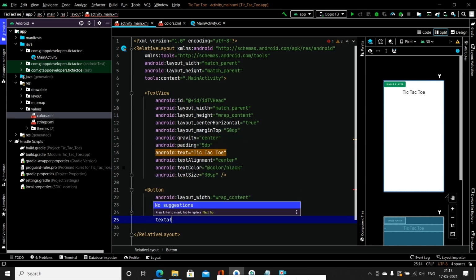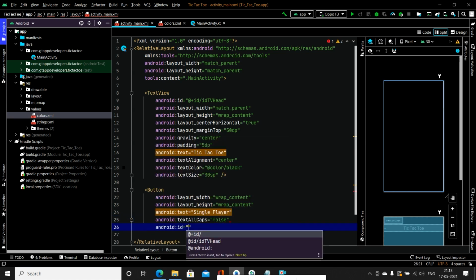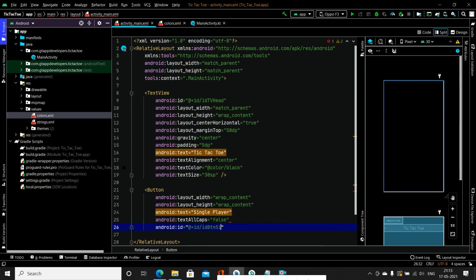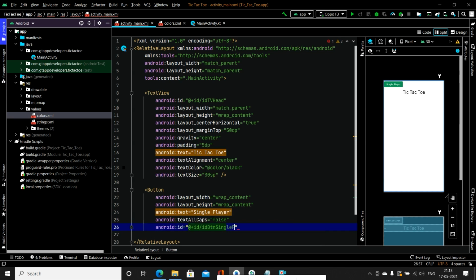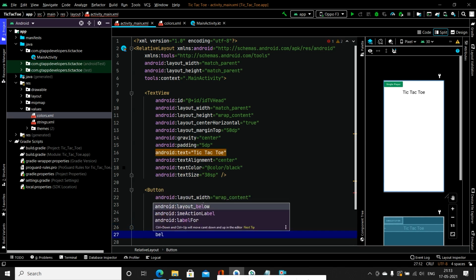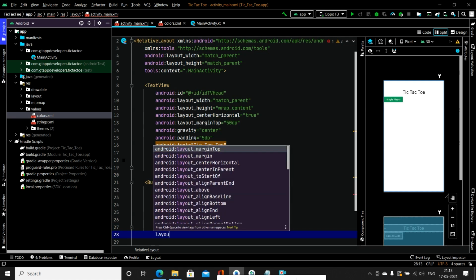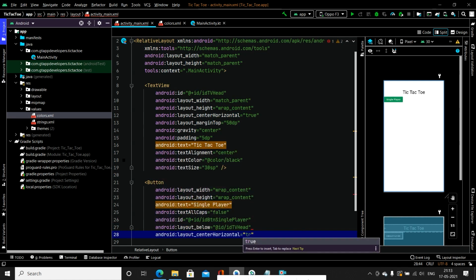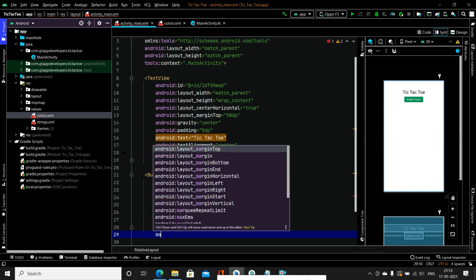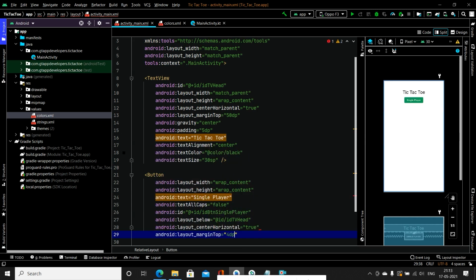Text all caps as false. Specify ID, single player. We will align this button below our head text view. Layout center horizontal as true. We will specify margin top as 40 dp.